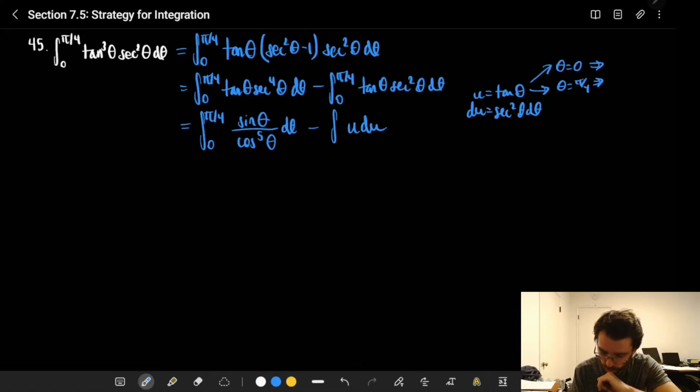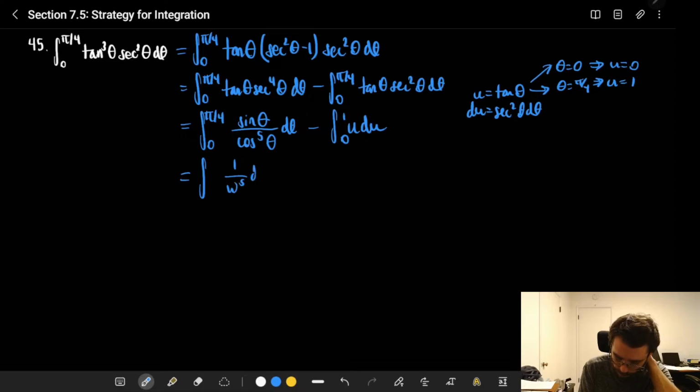So if I'm saying u has to be tangent theta, well, tangent of 0 is 0, so u would be 0 as well, and then tangent of pi over 4 is 1. So that's nice, 0 to 1. On the other hand, this integral would have been something like 1 over w to the 5th dw,